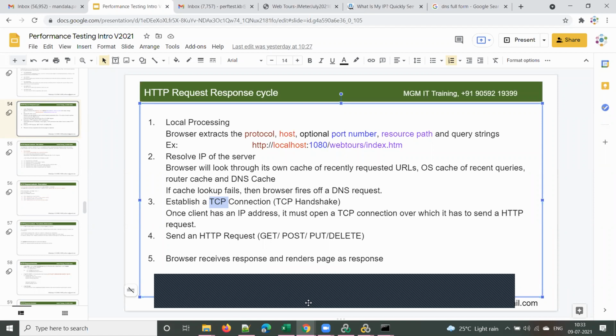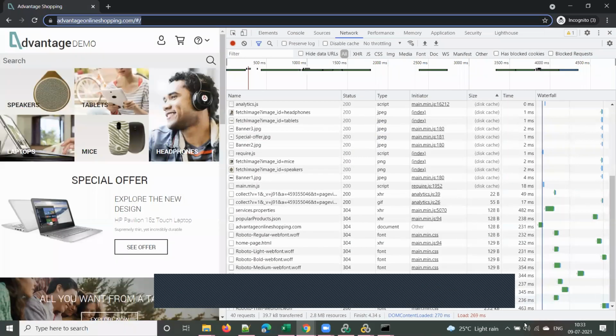When we open the developer tool, down below, we can see how much time the page has taken to load. The finish time is showing a different time and the load time is showing a different time. So which is the correct page time? The total response time is the finish time.